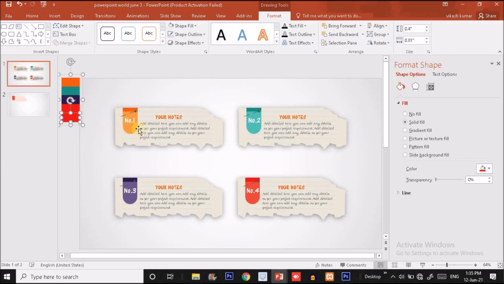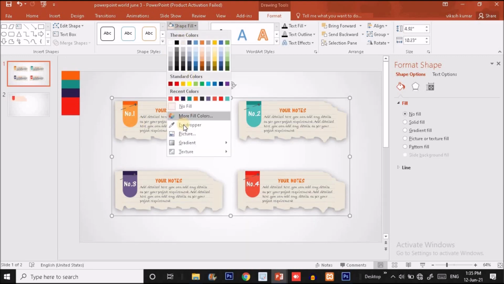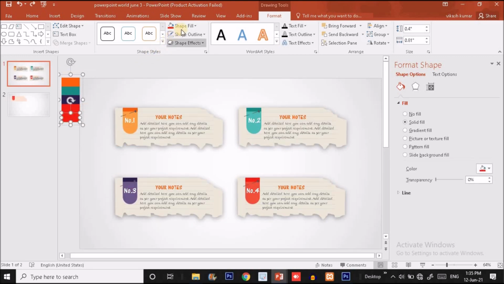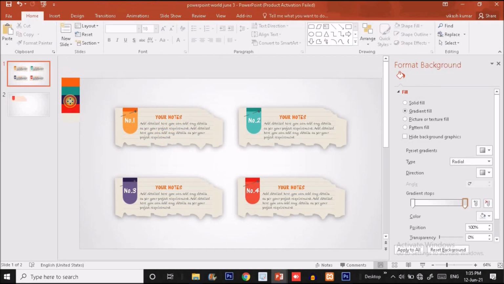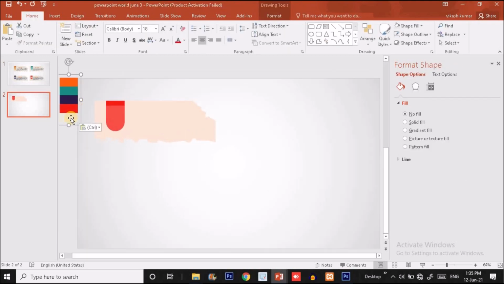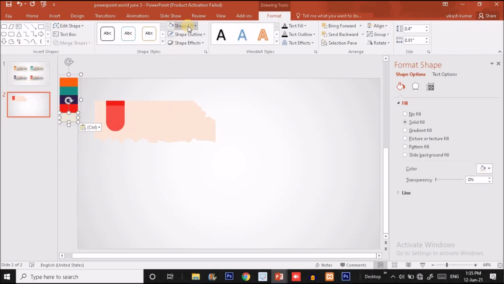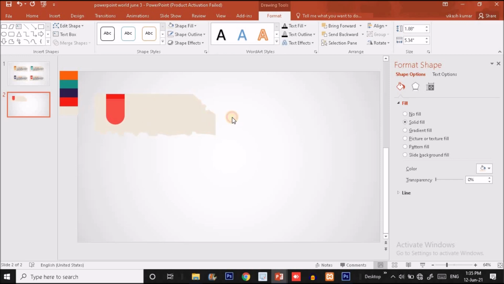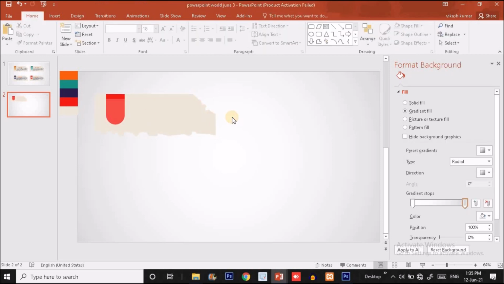Let me make another color sample over here so that we can choose this color. So I will fill this bottom rectangle from this color sample so that I can use it on my next slide. Control C, delete this color sample and put this color sample. We have to use this color for the background of the tone paper. So I'm going to use the eyedropper and choose this color. Choose this shape and choose the eyedropper and we'll choose this color. Now the color has been changed.